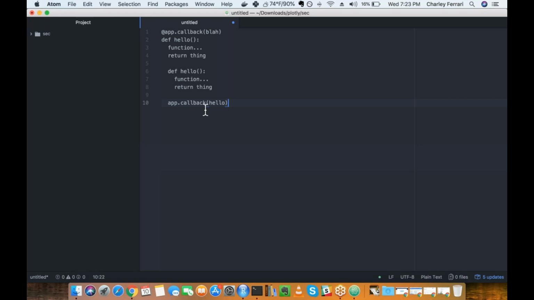So basically what's happening is the decorator is actually pretty much just a function that you're running on a function. And you'll see decorators in Flask, you'll see decorators elsewhere. It's a pretty common convention across Python. And when you do see it, it's just a way of making it look prettier.